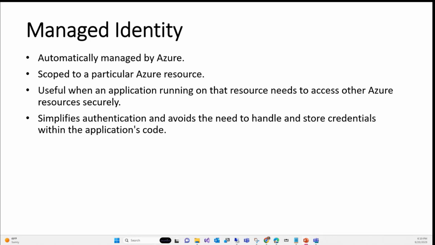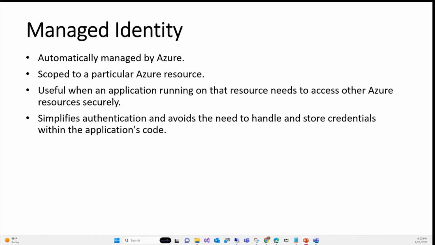If you have a resource, for example, compute, it can be a virtual machine, or a web app, or a container, or a function app, you name it, right? So that's the compute. But that compute now needs to talk to a service, which is the database, for example, with RBAC. So you go to that compute, you enable identity. That's the managed identity. You go to the web app, you enable identity. You go to the function app, you enable identity. You go to the container, you enable identity. That's a managed identity.